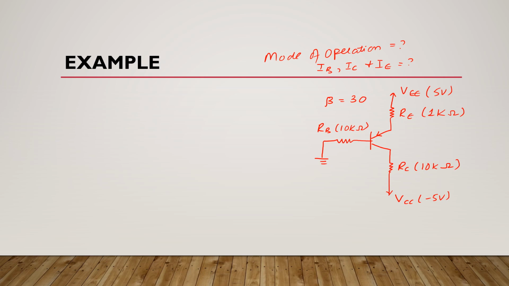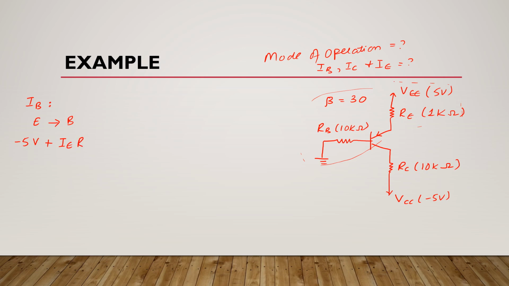Okay, first we will find base current IB here. For base current, we will apply KVL from terminals emitter to base. It means from here to here. Okay, and we start from VEE. So our KVL equation will be minus 5 volts plus